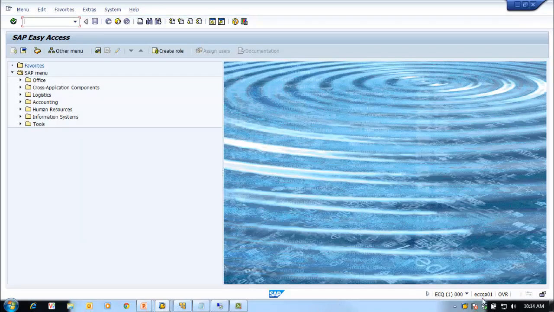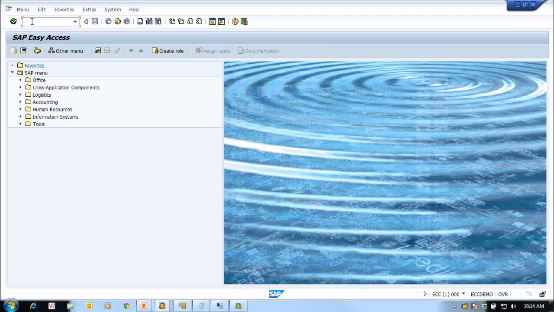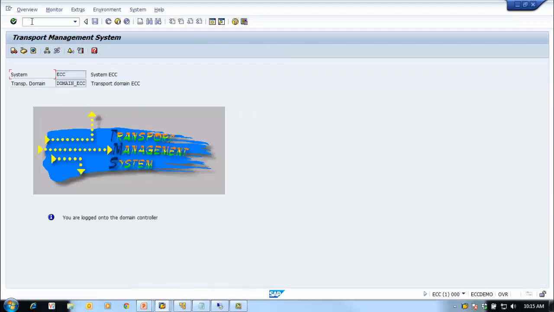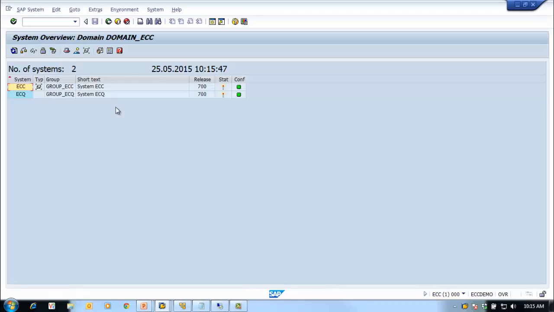Okay, now let's go to our ECC system. Go to STMS. Now let's see how we distribute the changes manually from the domain controller. So far what we have seen is whenever you made any changes, it asks you, do you want to distribute it? We distribute it. If the distribution did not work properly or we skipped something, then we can manually distribute the changes. Let's say you are adding a new system, and you want to distribute the changes, then you can go to